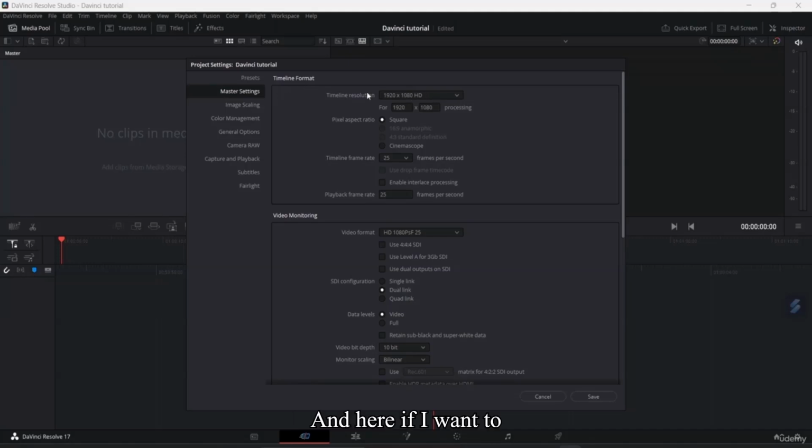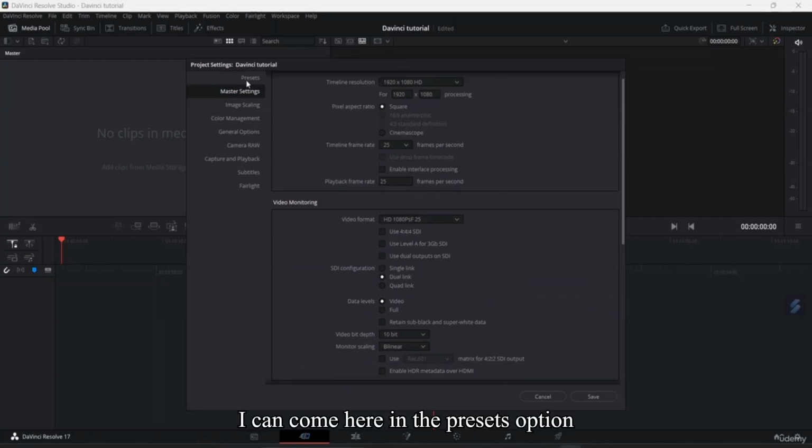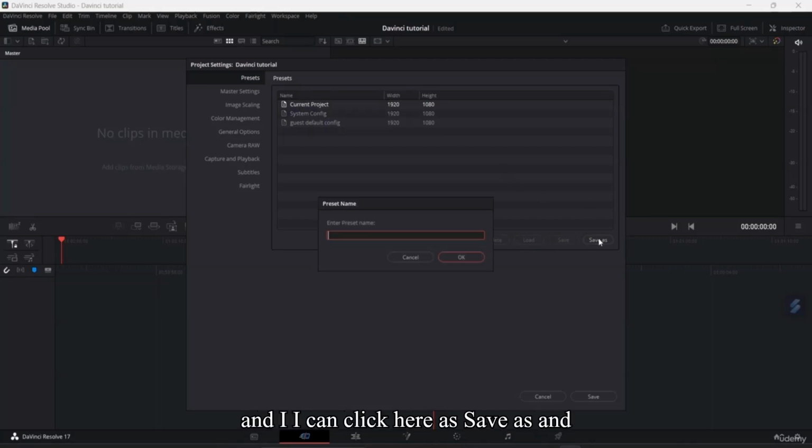And here, if I want to save this setting, like the resolution, and if I want this setting only in my other videos which I'm going to work on, then I can come here in the presets option. I can click on this current project and I can click here as save as, and I can name it